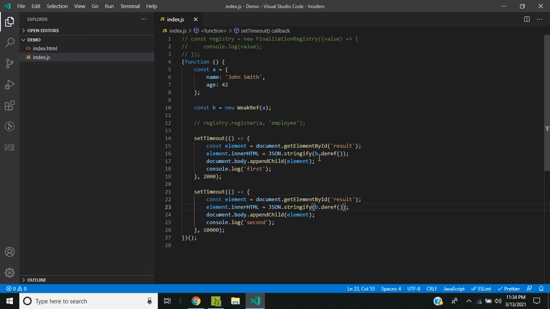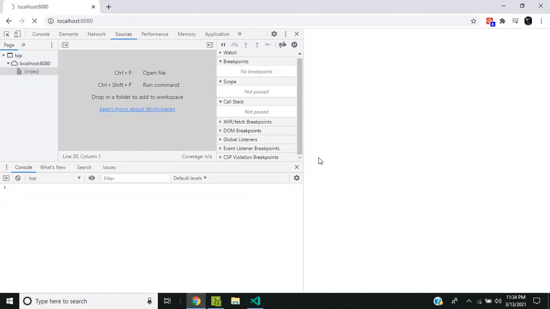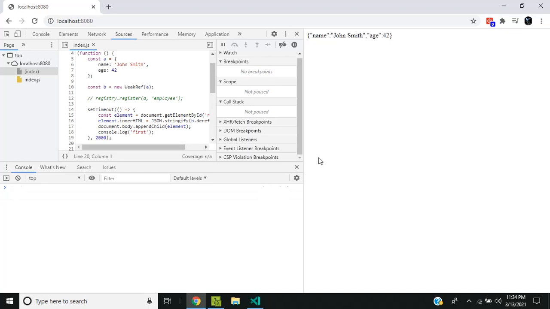Let's put it in the timeouts and rerun the application. You can see that in the initial setTimeout, the actual value has come. But in the second timeout, you can see that the object A has been collected by the garbage collector and the actual value is not being returned.